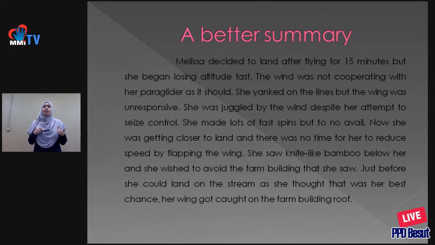Content 6. She made lots of fast spins, but to no avail. 7 and 8. Now she was getting closer to land. Now 9, and there was no time for her to reduce the speed by flapping the wing. Content 10. She saw knife-like bamboo below her and she wished to avoid the farm building. Content 10 and 11. Just before she could land, she decided to land on the stream. As she thought that was her best chance, her wing got caught on the farm building roof. Okay, all 13